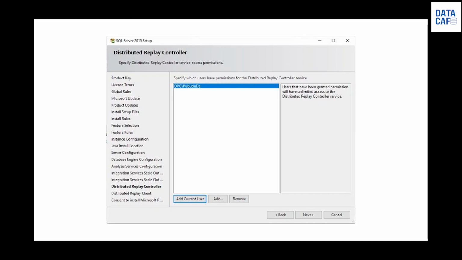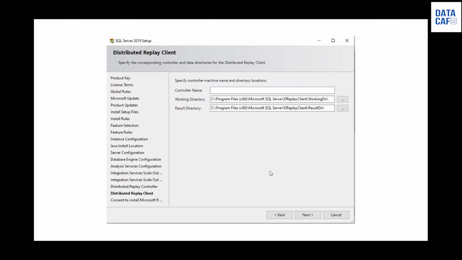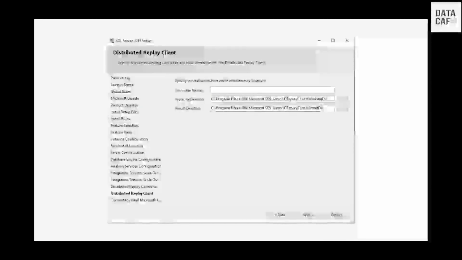To move to the next one, you can click on the next button, then it will move to the distributed replay client. In this case I'm not going to change anything, keep the default. With database development we are not going to make any changes or modifications to this configuration.